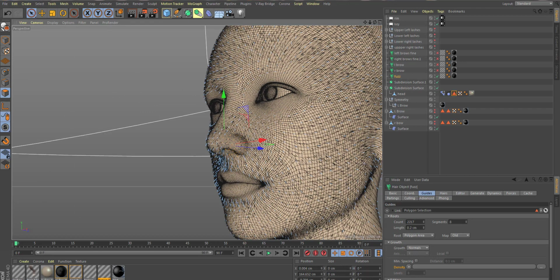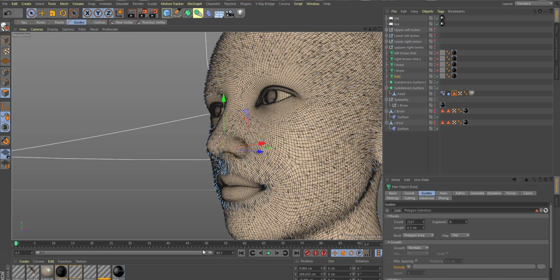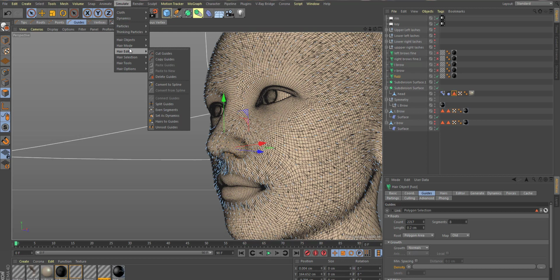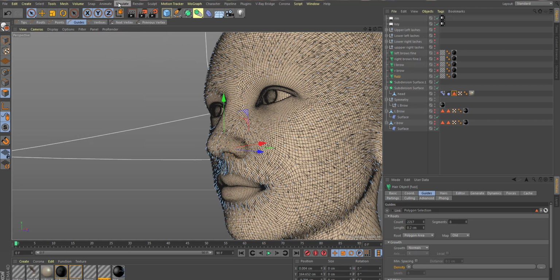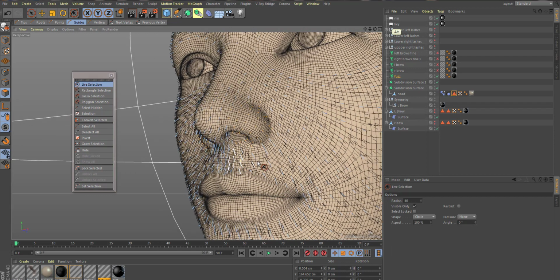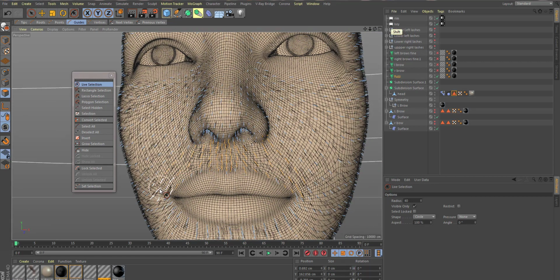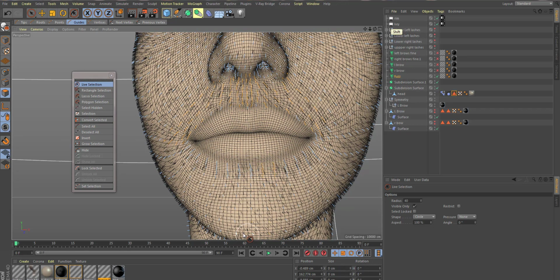And then what I do is I go to the selection. Don't know what happened there. I go to the selection, live selection. There we go. And then I will select some hairs that should be shorter or should be longer. Generally the hairs around the tash area, the moustache area, and underneath the lip are going to be the longest. So I will select these and then